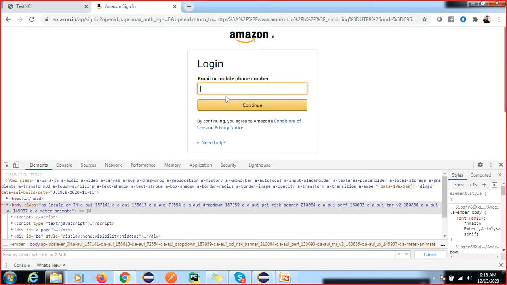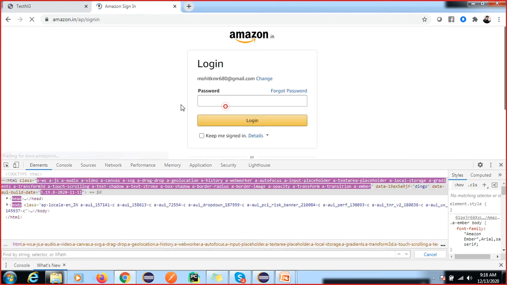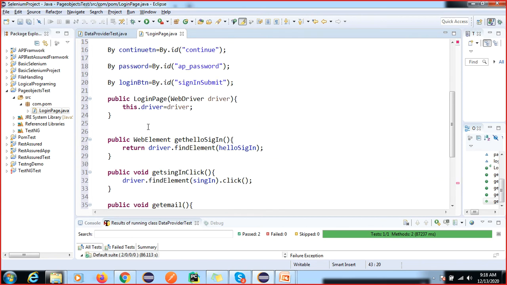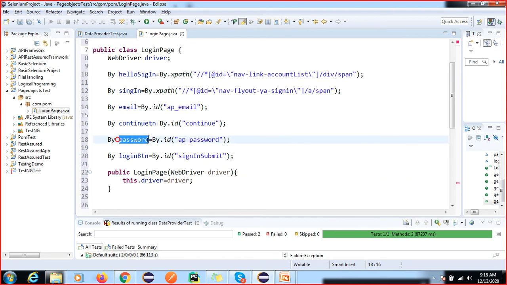Then after entering that, again you enter the password, right? So now you can enter the password. Public void get enter password.